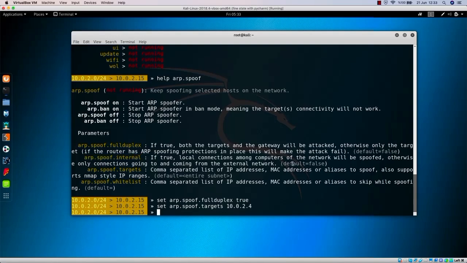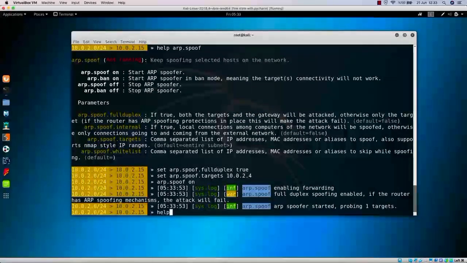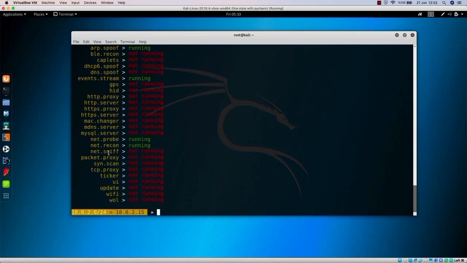If it doesn't work, you're more than welcome to change the arp.spoof.internal parameter as well. So far we have been working with this in default mode, and it didn't cause any problems for us up until that moment. But if it causes some problem, come over here and say set arp.spoof.internal to true. I'm not going to do that right now, but you know how this works. So I'm just going to say arp.spoof on,